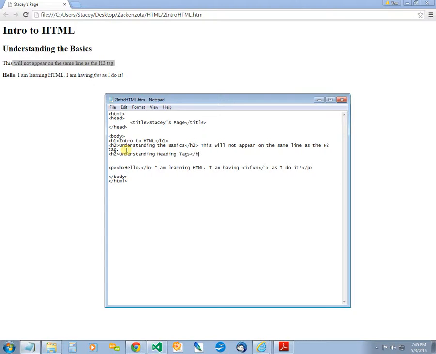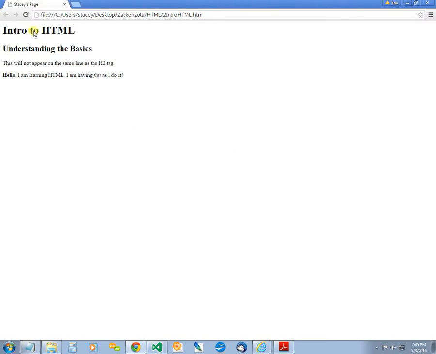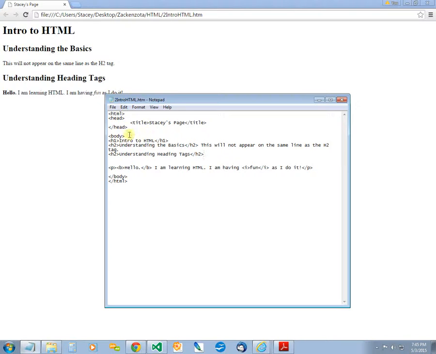and then I'll put Understanding Heading Tags in that and hit Save or Control S and come back to my browser page and hit Reload. And you'll see Understanding the Basics, and this still appears on a different level, as a paragraph underneath the H2 because H2 is a block level tag. And then you have Understanding Heading Tags, and that is also an H2, so that is also its own block level. And just so that we can see that there are a few more, you have H3,